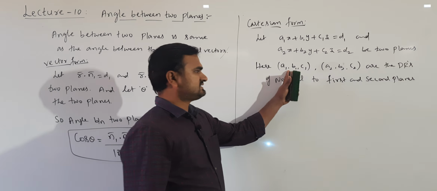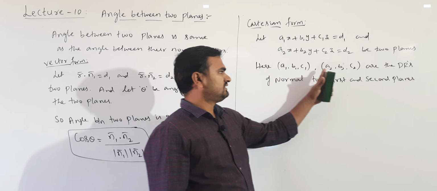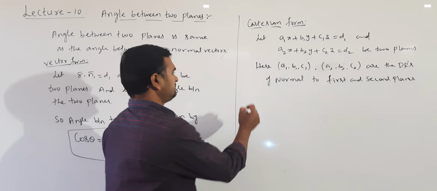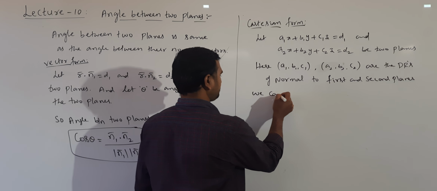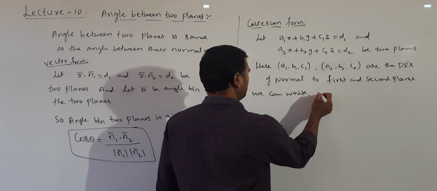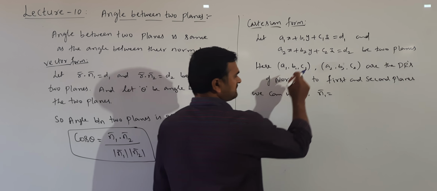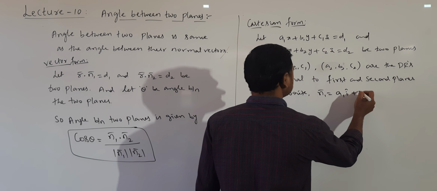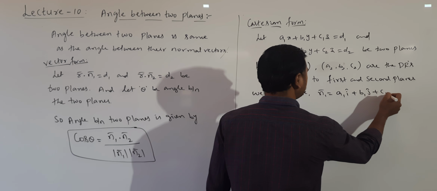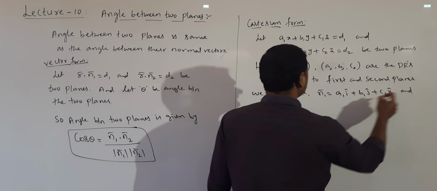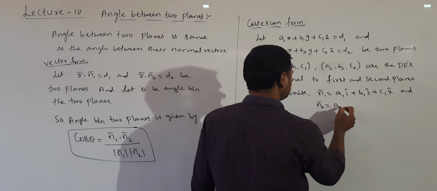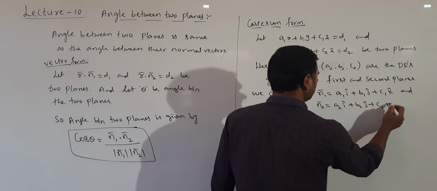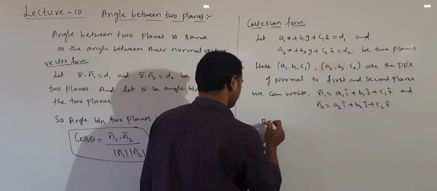Okay. a1, b1, c1 are the DRs of the normal to the first plane, and a2, b2, c2 are the DRs of the normal to the second plane. So we can write n1 bar and n2 bar. DRs of the normal means we can write n1 bar as a1i plus b1j plus c1k, and n2 bar is a2i plus b2j plus c2k. So by vector form,